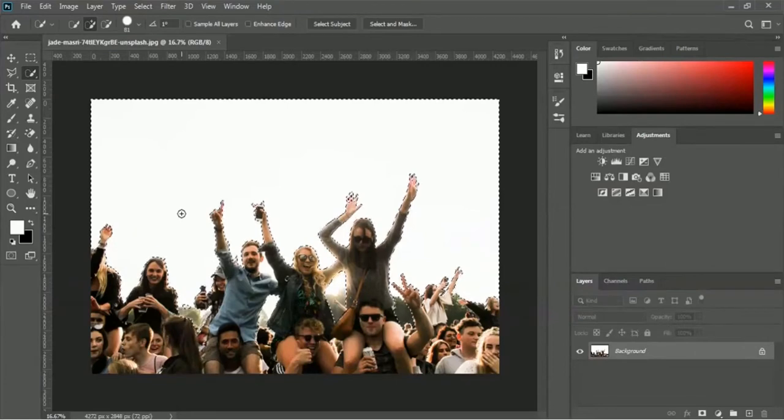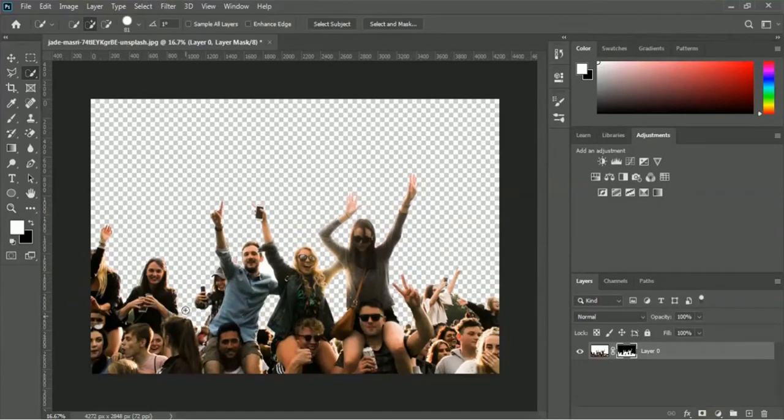This entire part got selected, and right now we will add a layer mask, but this time we will add a layer mask from here, and therefore you have to press the Alt button on your keyboard. So you just have to press the Alt button and then click the Add Layer Mask option. So you can take a look. Our entire background is removed, and we made a small mistake. Here the white part remained,